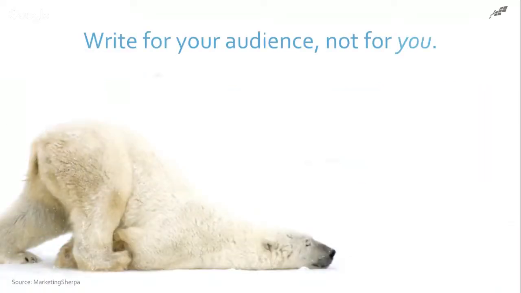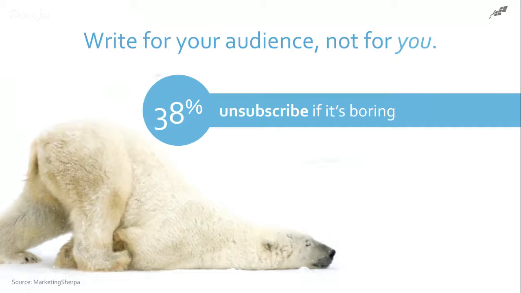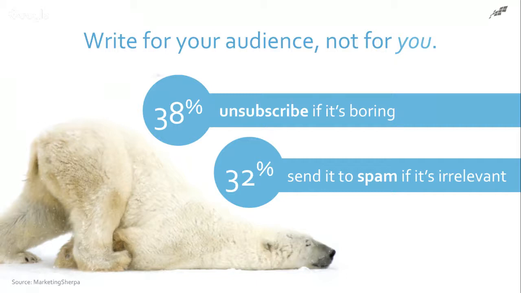This is what your audience feels like when you're sending out messages that they don't care about. 38% of email recipients will unsubscribe if they think the content in your email is boring or irrelevant. When a person unsubscribes, you won't be able to communicate with them again. And 32% will send irrelevant content to their spam folder. That's really bad. So you might get all of your subsequent messages filtered automatically into spam if enough people spam your content. And like I mentioned, if you're just using a regular email like Outlook and enough people send it to spam, you're not going to get your emails through at all, and your website might not even show up.